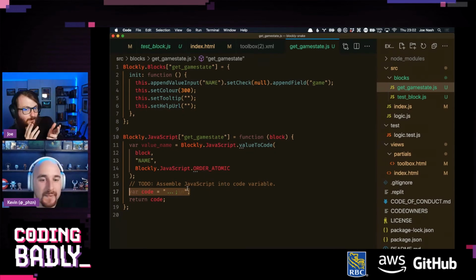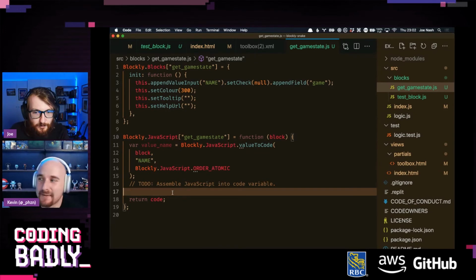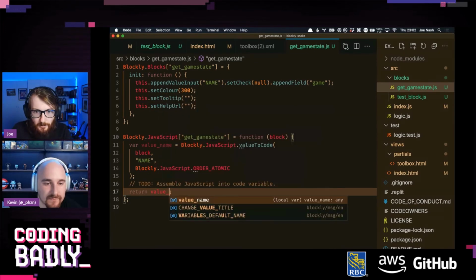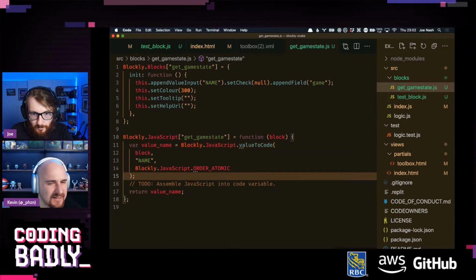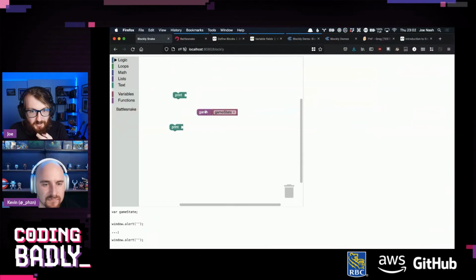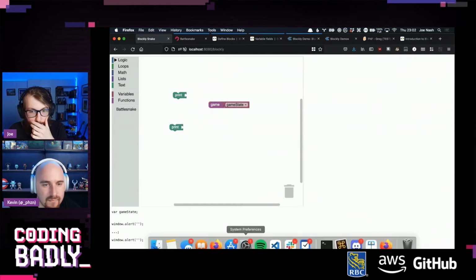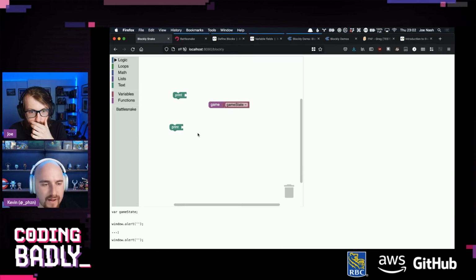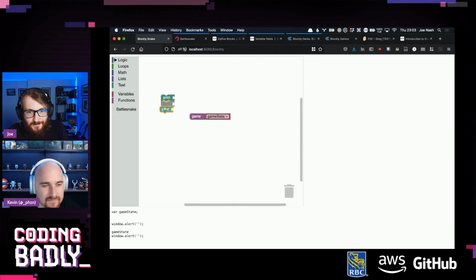So we want to return. We just want to return value name. That's what we want to do. We want to return value name at the moment. And then later we will break this, because that will just return the variable name. Yeah. But the thing is, this block doesn't have further outputs. We can't plug this into a print and then use this. So is that something we need to do in the block factory? Well, it is now just putting game state in. So we are just now getting game state. We can just get the variable name game state in there now.